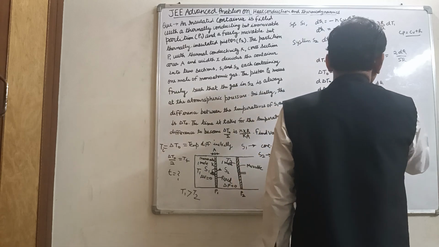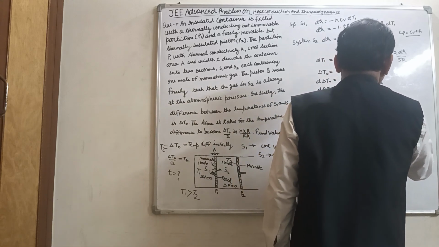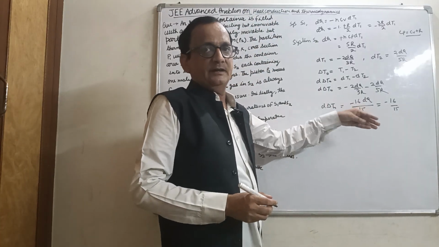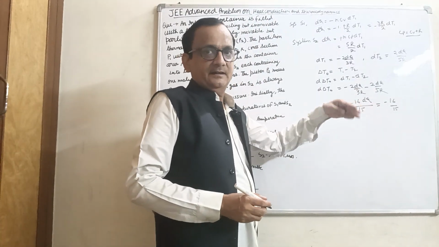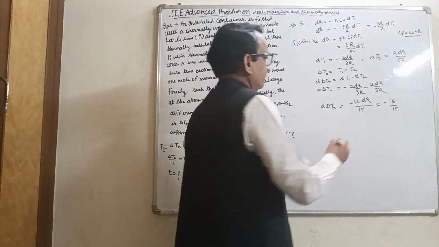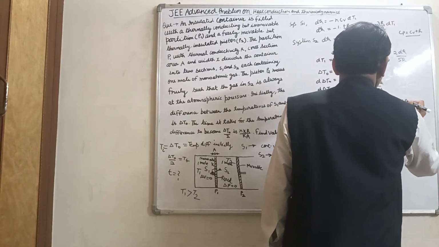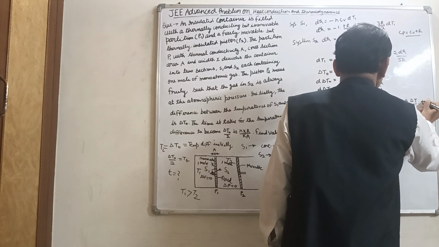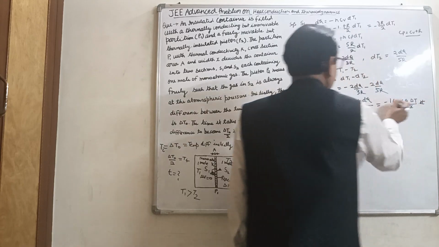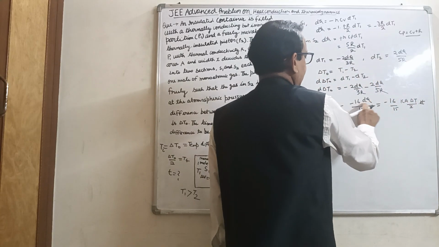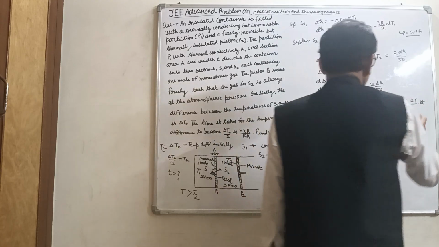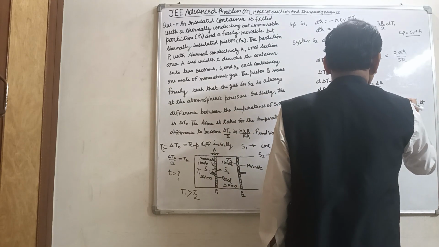And what is the value of dq? We have earlier discussed how we find the rate of heat transfer. So this would be K A delta T by x. This is the rate of heat transfer, so dt would be multiplied in this term. So we have to integrate